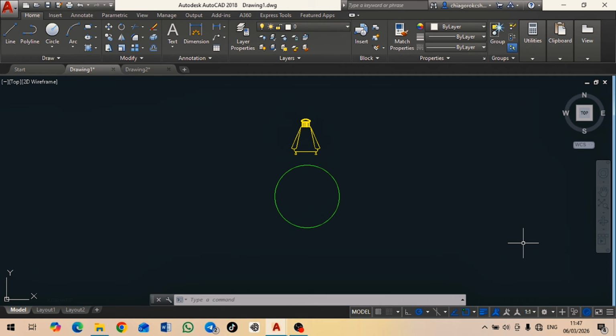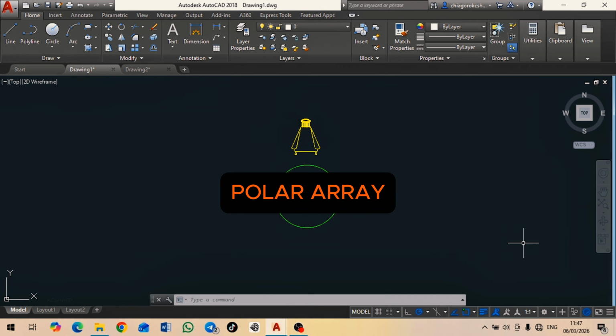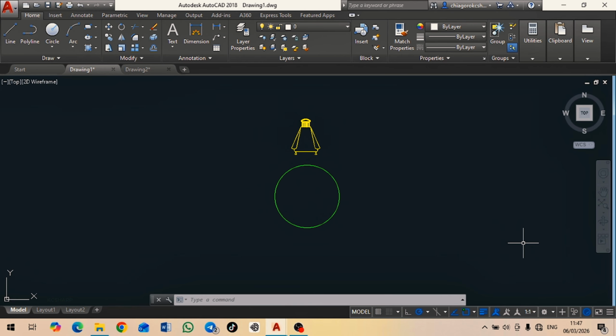In today's section, we are going to talk about polar array. In our previous lesson, we learned how to create path array. In today's section, we will learn how to make use of polar array. So I must let you know that